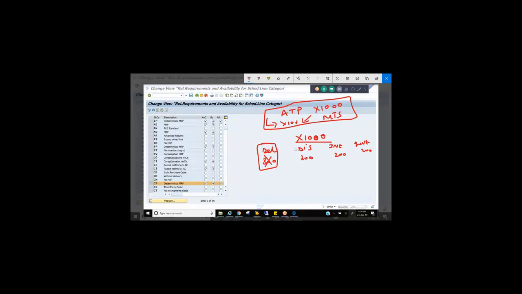This is product allocation. That means allocating the stock to customers or customer groups. Okay, you allocate some stock and only from that stock you sell to those particular customers in those particular groups, right? This is product allocation. So if you want to include product allocation also, that means you want to perform availability check on product allocation also, then you activate this.